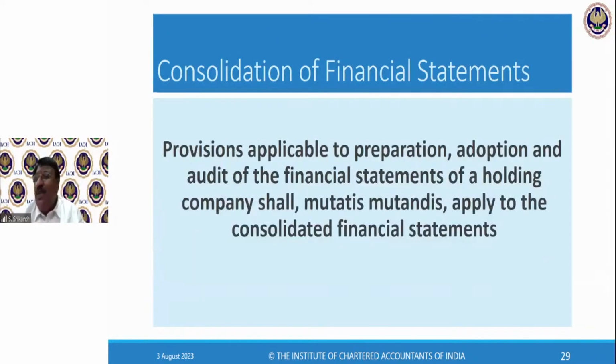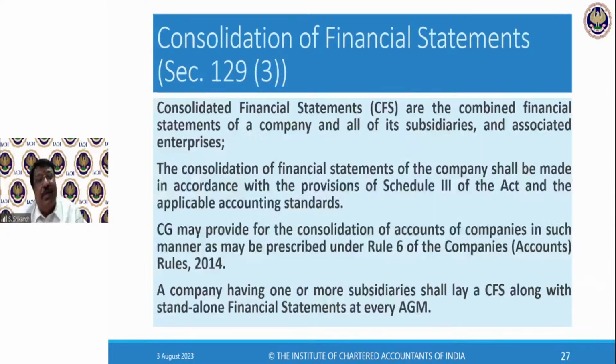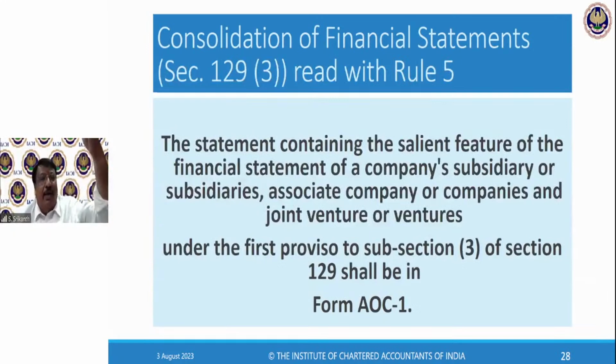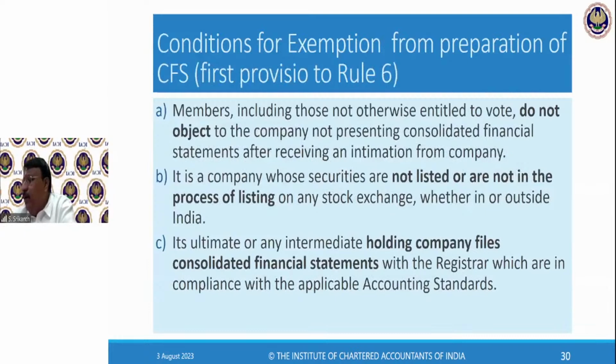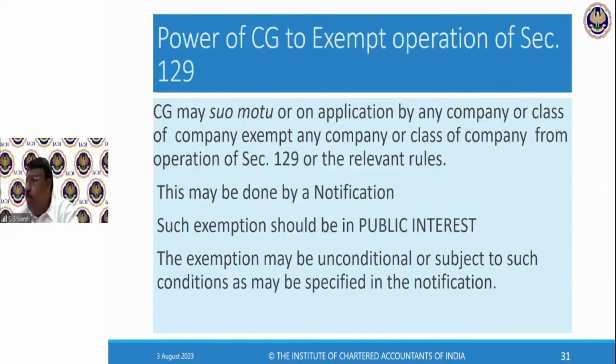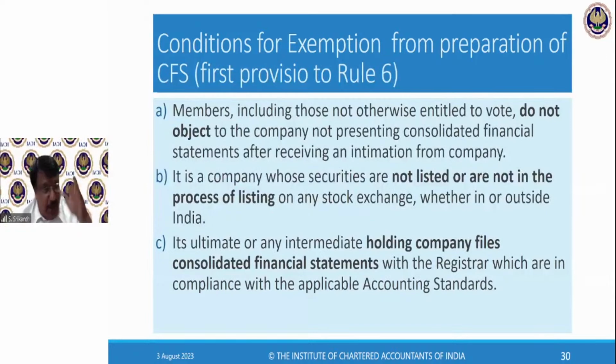Sir, intermediate subsidiary, not holding. Did I say intermediate holding company? Intermediary subsidiary. That is, A is the holding company of B, and B is the holding company of C. So this guy B is the middle guy. That's what I meant by intermediate. There is nothing called intermediate holding; I never use that word. Intermediate means in between the two. Amazing or not, this really happened. Not joking, really happened.